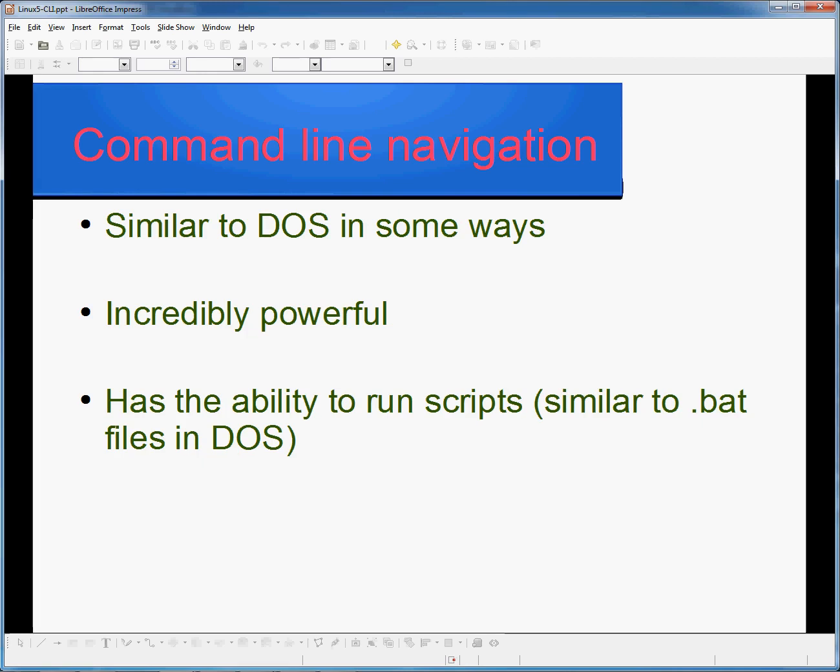The Linux command line is very similar to DOS in appearance, and also shares some commands such as cd, which stands for change directory, or dir, which is short for directory, which is a method of listing the directory. The Linux command line is incredibly powerful. It is capable of doing many things other command line systems are not capable of. In comparison, DOS is very primitive,